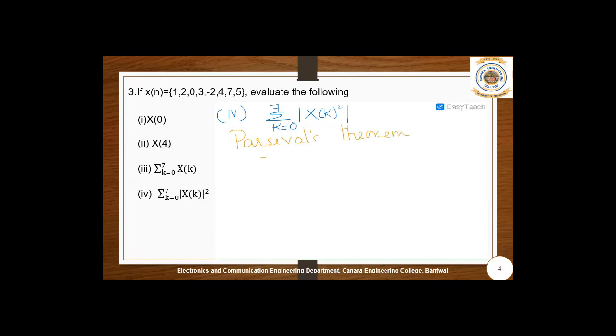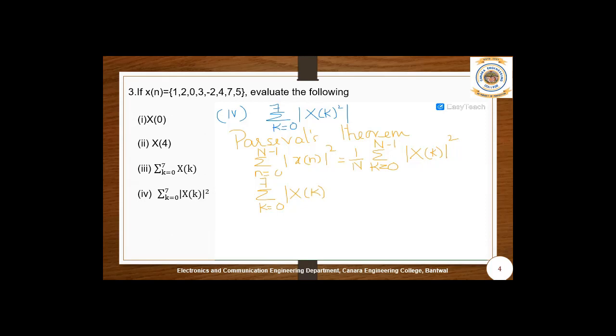As per this theorem, summation n value varying from 0 to n minus 1, absolute value of x of n whole square is equal to 1 over n, summation k value varying from 0 to n minus 1, modulus of x of k whole square. So I can write now, I have got here k value varying from 0 to 7, x of k